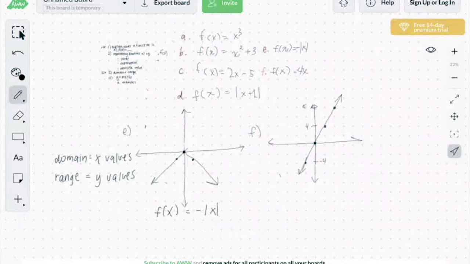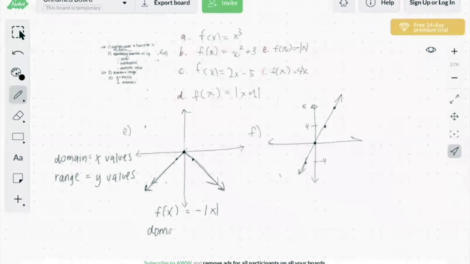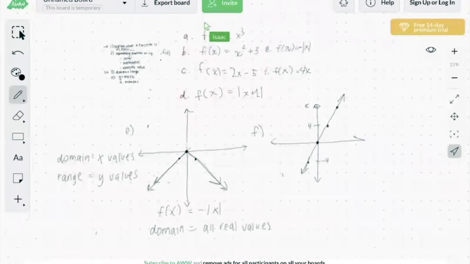So for f of x equals a negative absolute value of x, looking from the graph, we can see that the x values, this side is going to go forever to the left, so negative infinity, and this side is going to go forever onto the right, so positive infinity. In that case, we would say domain is, you could either write all real values, and for range,